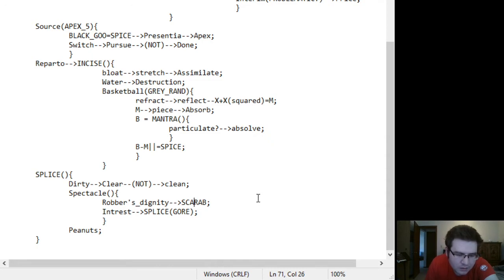Refract, reflect. Ugh. Oh wow. Working with a real bad, real tough one here. Alright, I'm gonna try and take it apart and see what each piece does. Okay. The black goo inside the space station. I'm just describing what